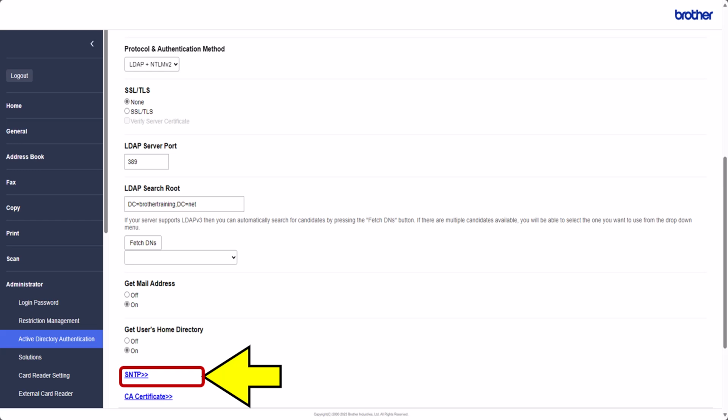SNTP. Make sure you have this set up correctly by clicking the link here. CA certificates. This is where you will upload the certificate if you have chosen to verify server certificate. Scroll down the page.